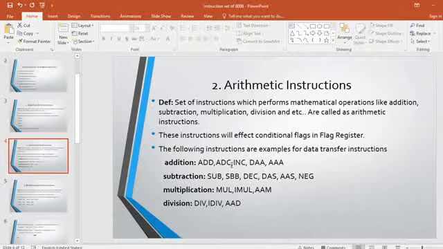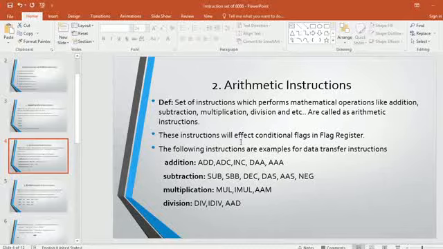So what I mean to say is that under each category, try to explain 1 or 2 extra instructions. List out all the instructions and explain 2 or 3 instructions under each category, so that you can easily conclude your explanation in the exam in the right manner. Okay, now.